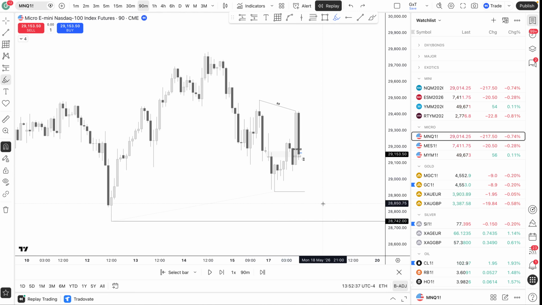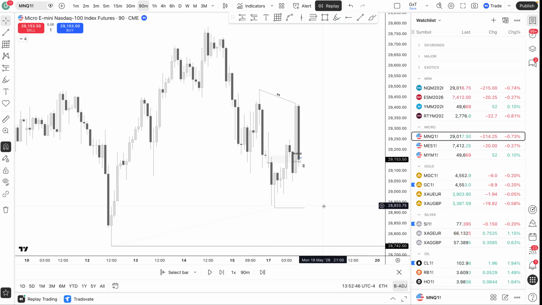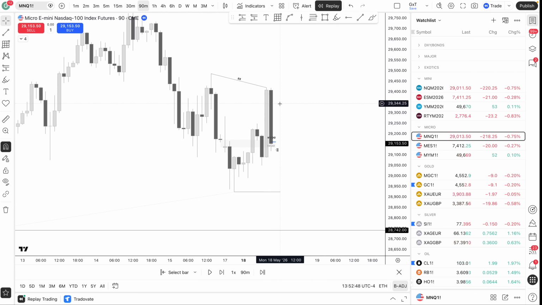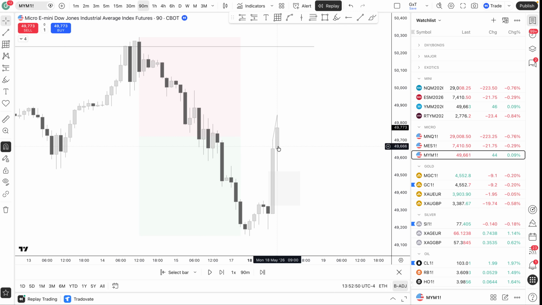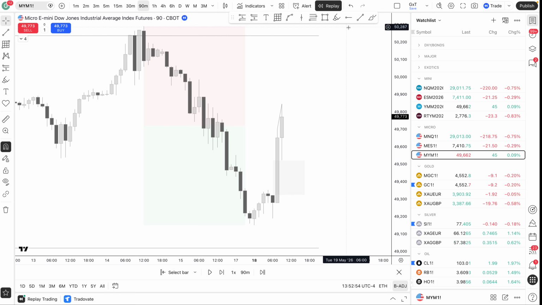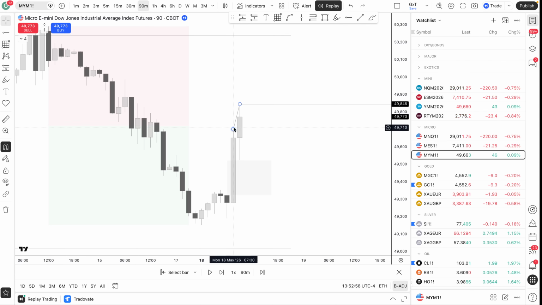But price was so slow and choppy that I just opted to take my partials off here, and the profile is kind of shit too. So that's why I just took it off here. But yeah, I'm viewing this as a two-stage SMT. And even if price took out this high, which you don't want it to do necessarily